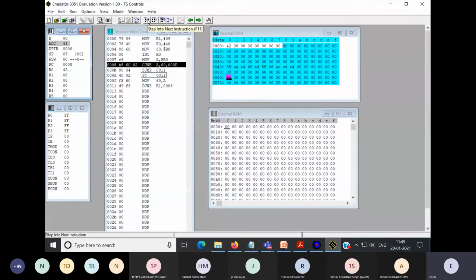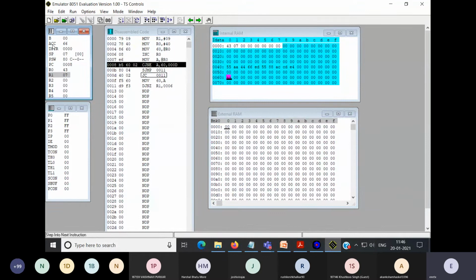So again press this. Now this time you can see carry is there. This C is visible, means carry is generated. Now you will check whether carry is 1. If carry is 1, it will skip to the next instruction. See, directly here, correct? And after this, again decrement the value of R1. Now again R1 is 07. Now take the next number, increment R0, it will become 43.